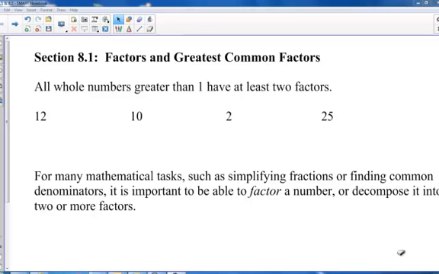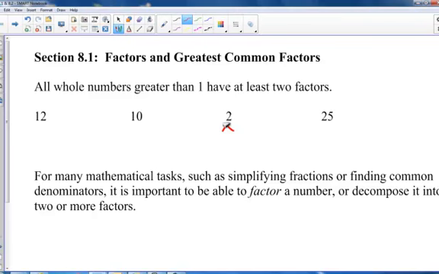All right, welcome back. We are going to be doing chapter 8 with the videos, and we're going to start with the first two sections today, and we'll do 2 sections a day for the next 2 days, and it's about factoring. So we're going to talk about greatest common factors to begin with, and there's always 2 factors because